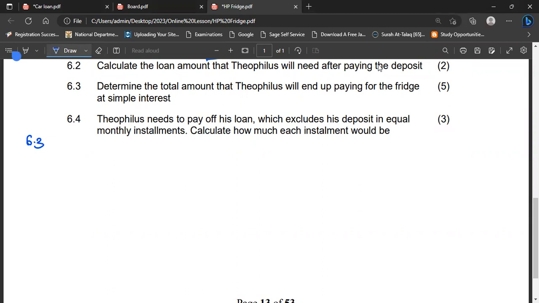Question 6.3. We are looking at the total amount paid at the end of the 2 years. So first and foremost, you look for the outstanding balance, which is the loan amount that you have already in 6.2,